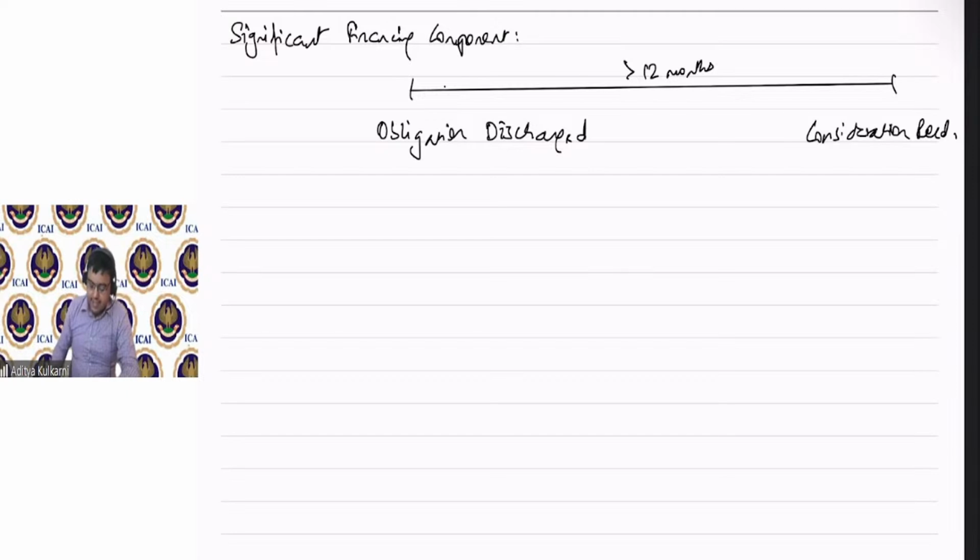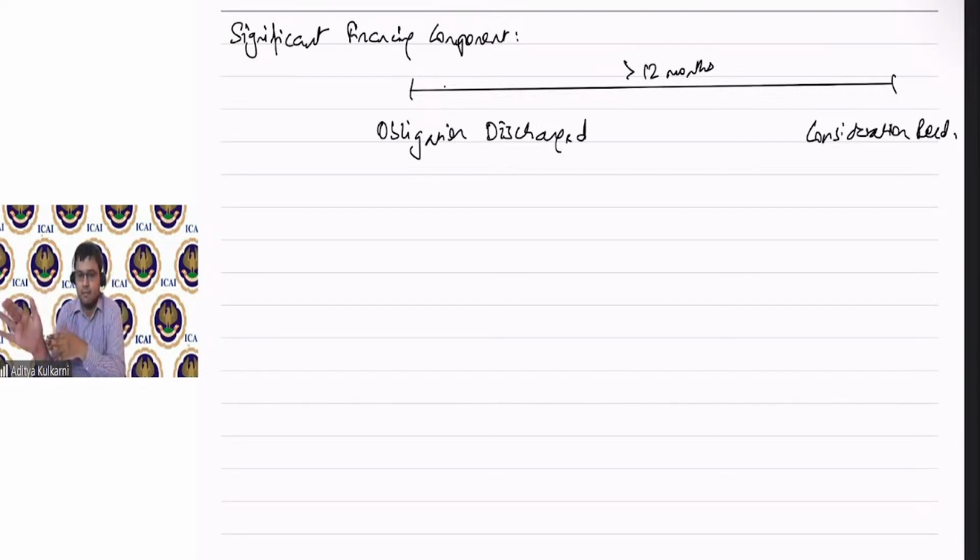Sir, is it necessary that obligation should be discharged first and consideration should be received later? Not necessary. When obligation is discharged first and consideration is received after more than 12 months, then the seller is financing the customer. But suppose